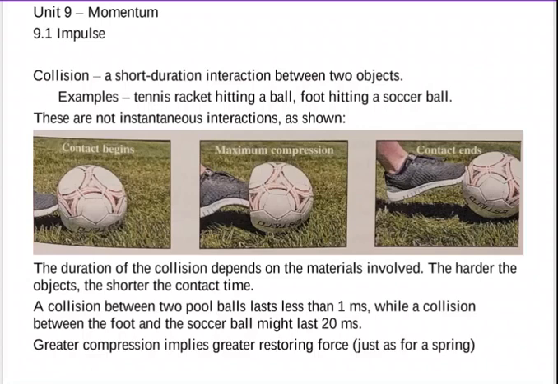So chapter 9 is about momentum, and then section 1 is about impulse. When we have a collision, there is a short duration interaction between two objects. So that's basically what a collision entails. We have examples: the tennis racket hitting a ball, the foot hitting the soccer ball, like we have in the pictures here. Also, when a car hits another car, when something is dropped on the floor, all kinds of